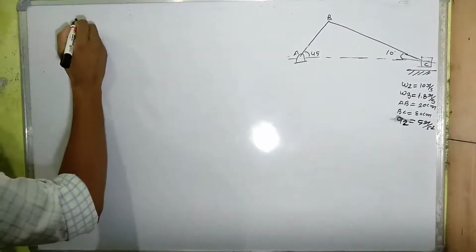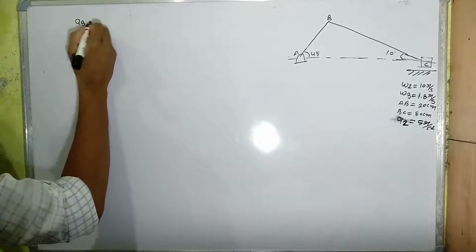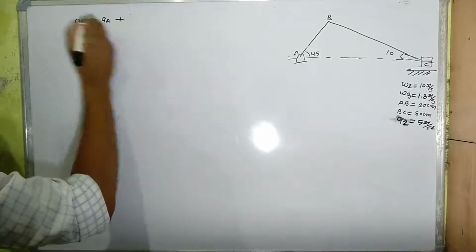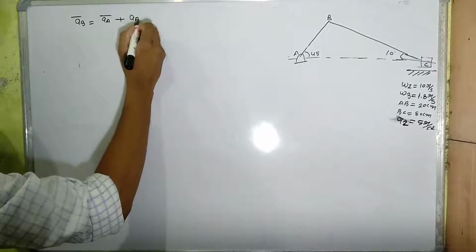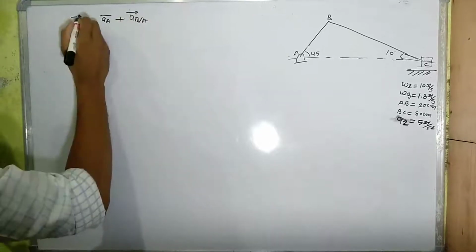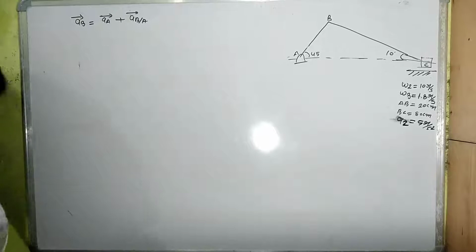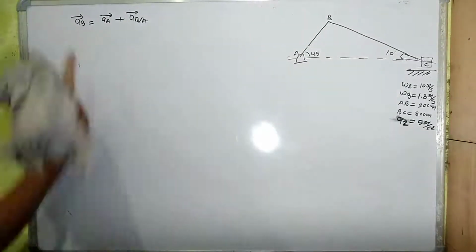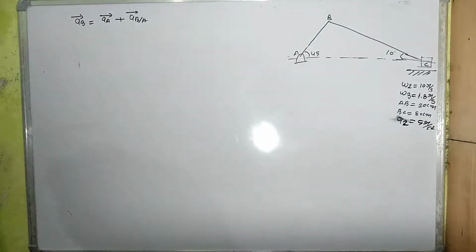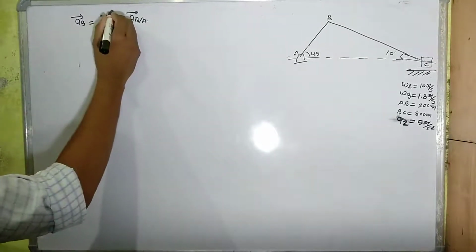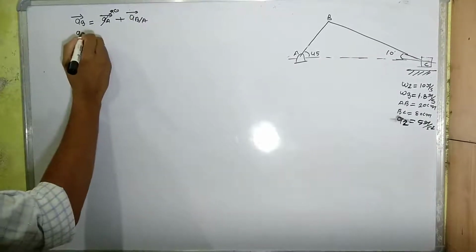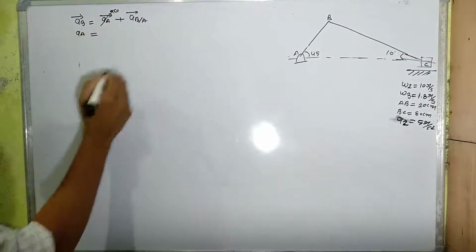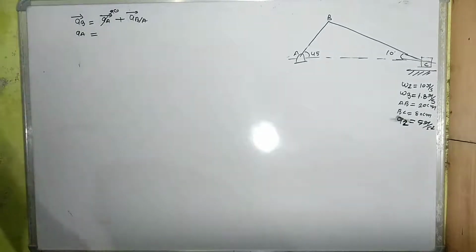You know that the acceleration of B is equal to acceleration of A plus acceleration of B with respect to A. I taught you all these things in my previous video, please go watch it. So for link AB, acceleration of B is equal to acceleration of A plus acceleration of B with respect to A. The acceleration of A will be 0. So acceleration of B is equal to acceleration of B with respect to A, that means